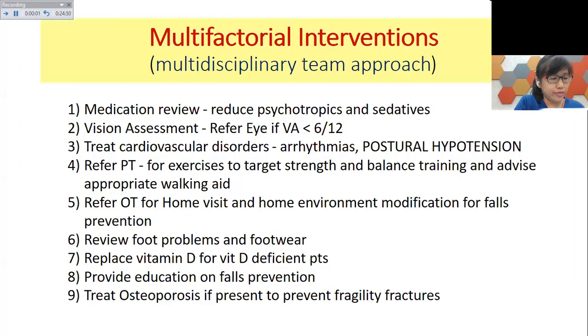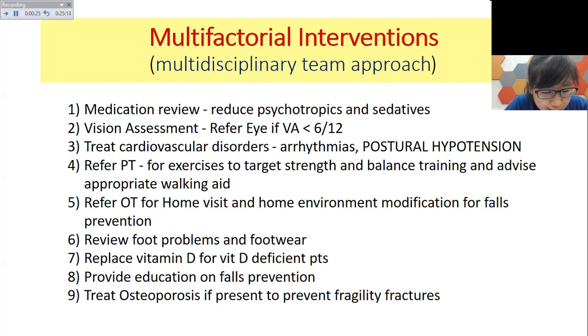Now, after having multifactorial assessment, we will move on to coming out with multifactorial intervention that's individualized and best delivered through a multidisciplinary team approach. So we review the medications, ensure that we reduce psychotropics and sedatives, for vision assessment, to refer to the eye